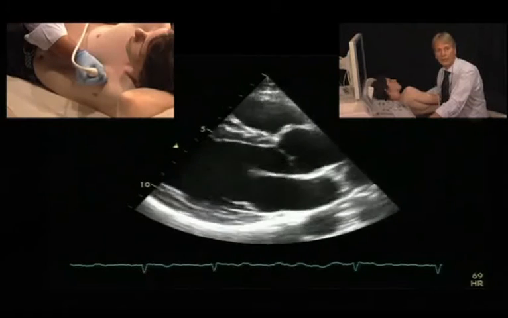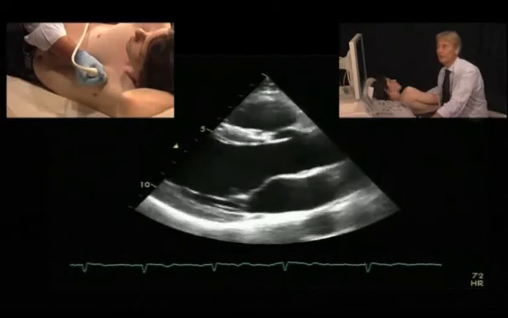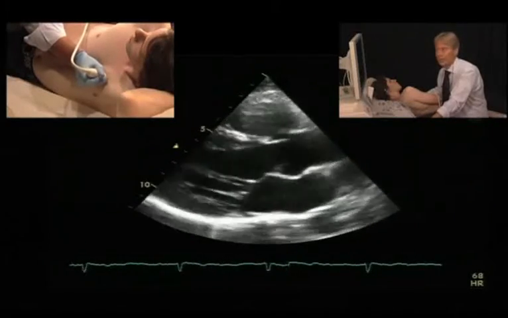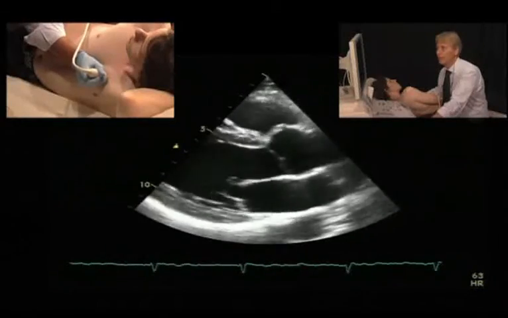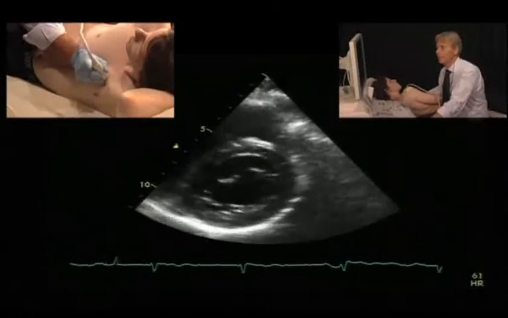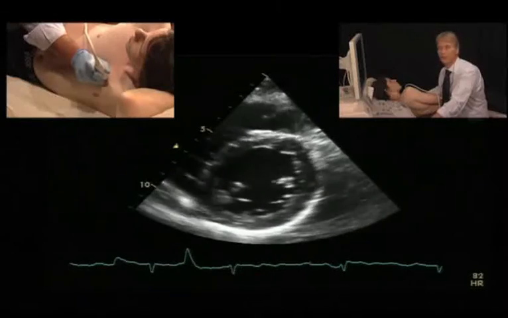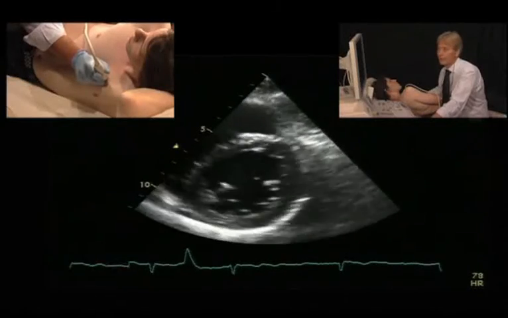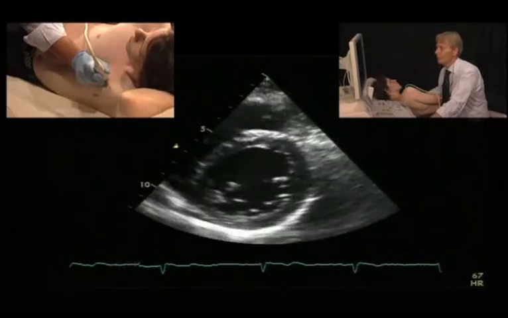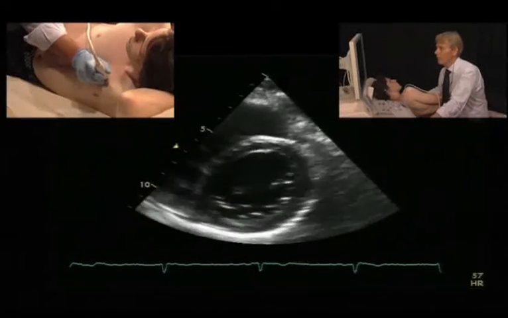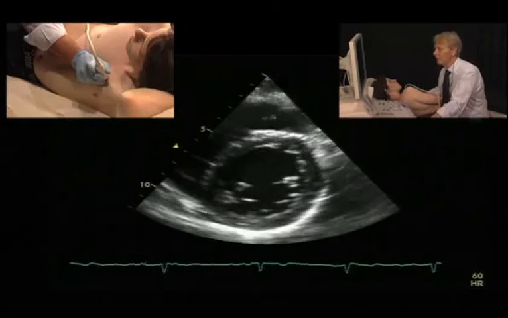To perform an M-mode measurement of the left ventricle, you need a parasternal long or short axis view. You can actually do it from both. I will show you how to do it from the short axis. So the first thing you have to look into is if the ventricle is really round. This is important for the reasons already mentioned. So once you have a nice view of the left ventricle, you will